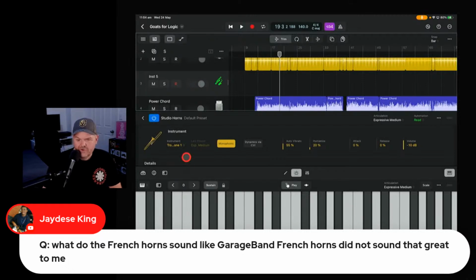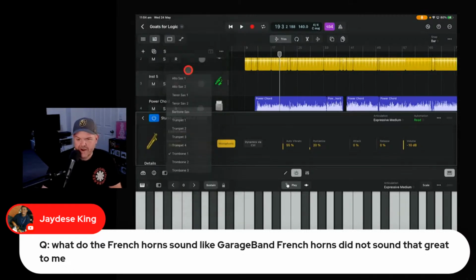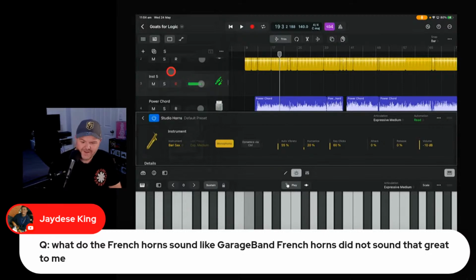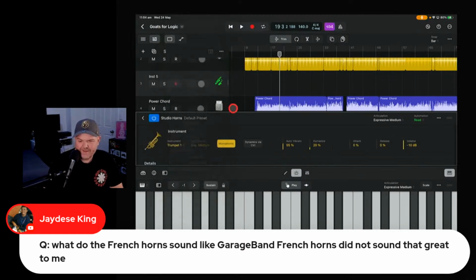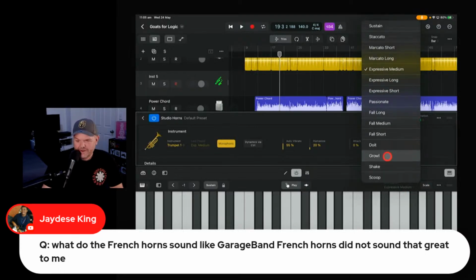Cool. So we have a trombone, but we don't have a French horn. That's surprising. Baritone sax. Hang on, gotta go all the way down, don't we? We've got a baritone sax. That's kind of epic. What about trumpet? Oh, that's the lowest sound. That's the lowest note I could get to. All right. You've got different options here. So you've got like a growl.